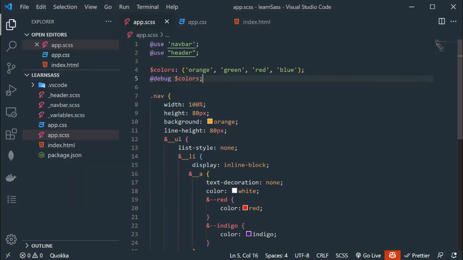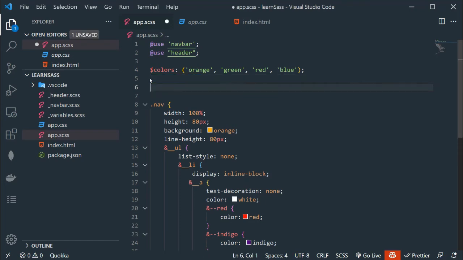Now I want to loop the $colors list. So we can use the Sass each loop. Let me delete this line.